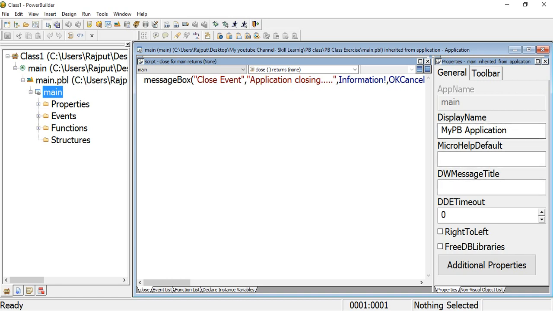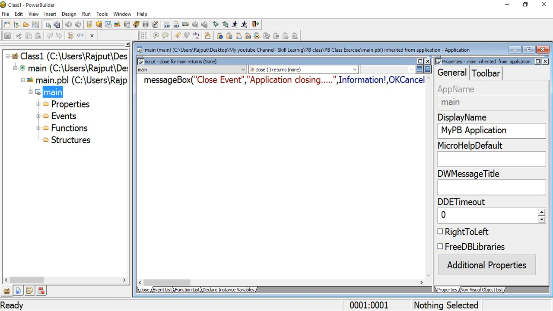This is the application level. If you do not declare it, then by default PowerBuilder already declares it and shows you: MicroHelp, DataWindow message title, idle timeout, right to left, and PowerBuilder event libraries.